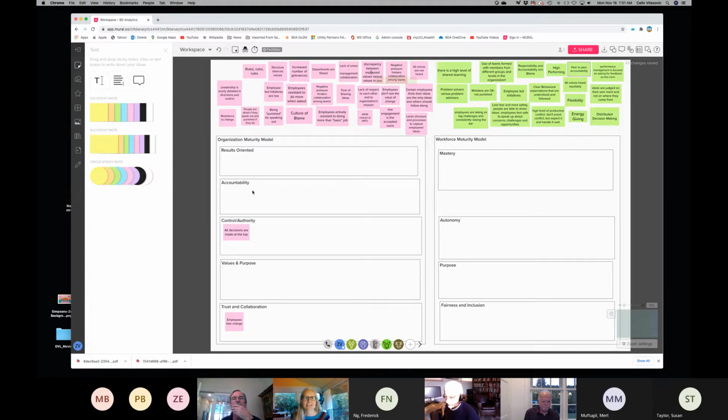Hey, this is Alice. So I guess my only comment now that I see this is I'm wondering how many people are going to be in the workshop. It could be kind of chaotic if there are too many people trying to grab the same sticky note and drag it to different locations. How are we going to deal with that?